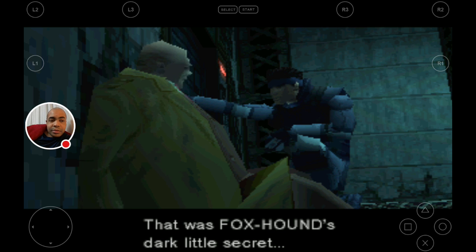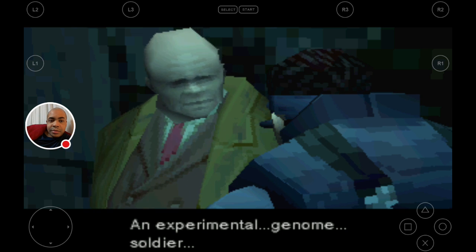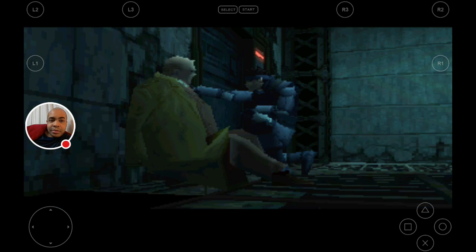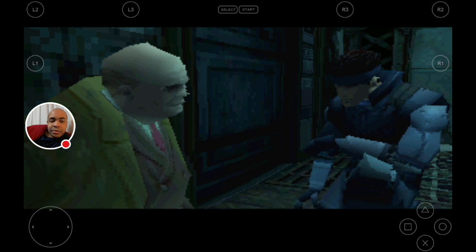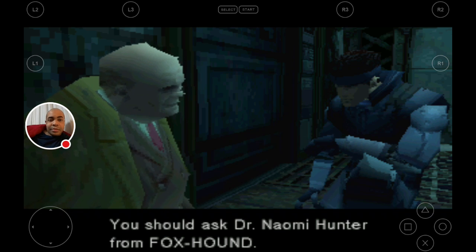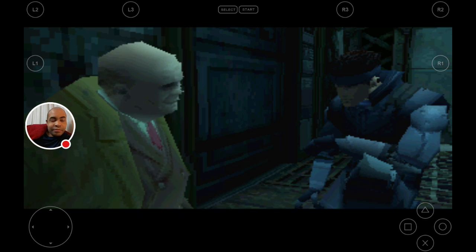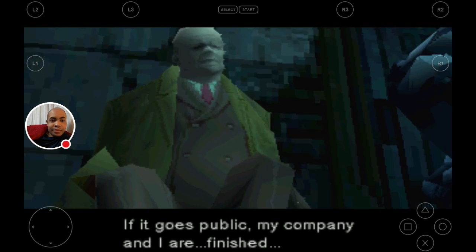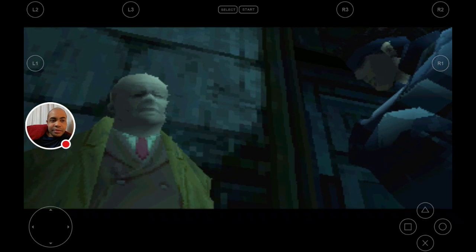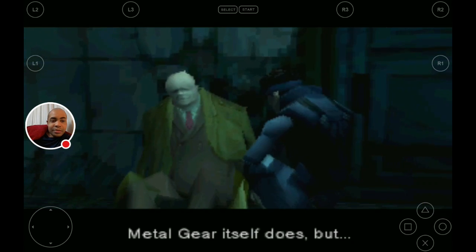That ninja? That was Foxhound's dark little secret. Dark little secret? An experimental genome soldier. You know him? You should ask Dr. Naomi Hunter from Foxhound. She knows better than I. Naomi? You've got to stop them. If it goes public, my company and I are finished. What? Doesn't Metal Gear use currently existing technology? Metal Gear itself does, but...